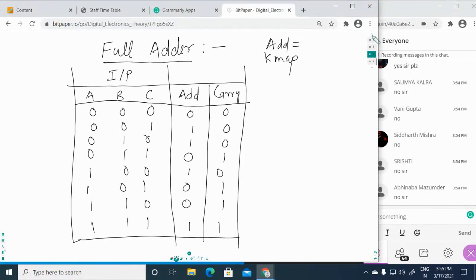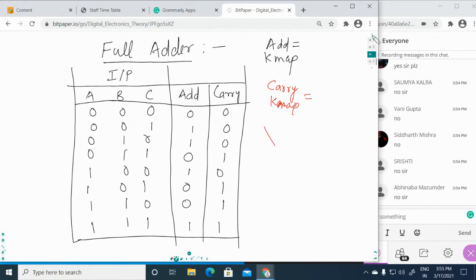Now the next step is to create a K-map. So how can you create a K-map? Let's suppose that you want to create a K-map for carry.